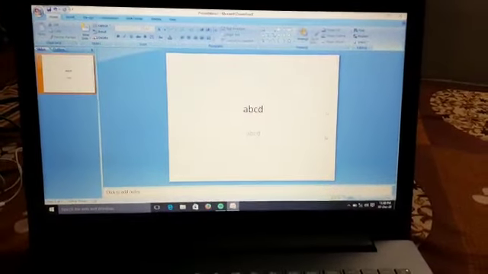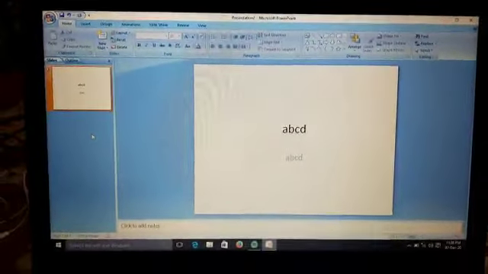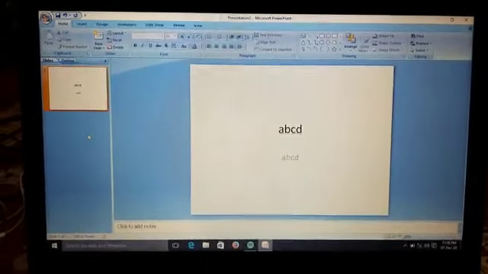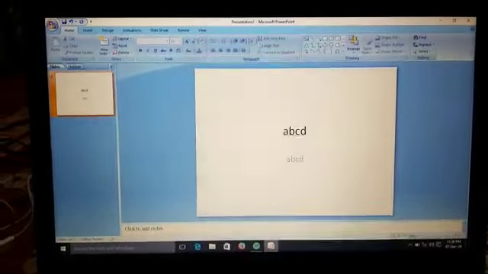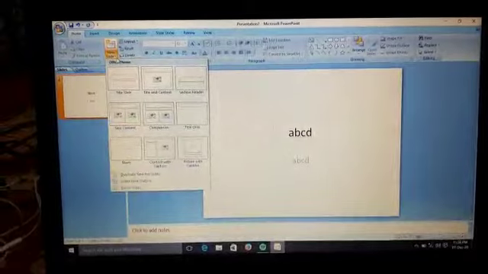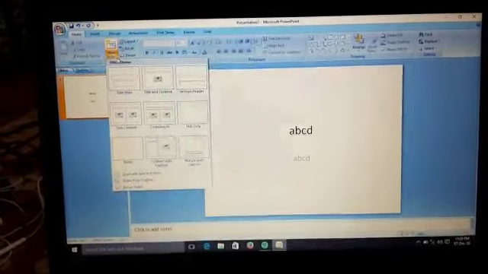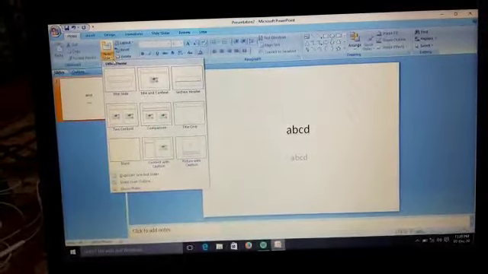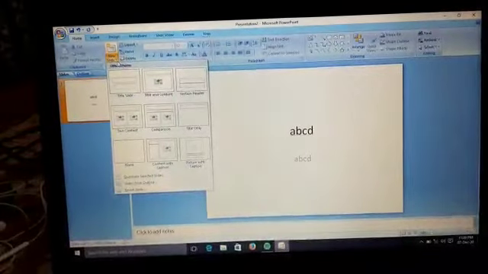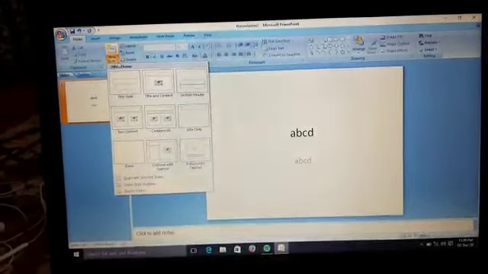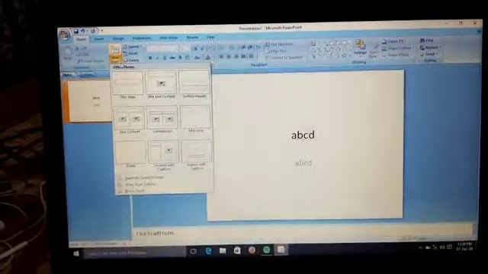Depending on our requirement. Now, the next topic, adding a new slide. How do we add a new slide? One slide, you can see, has ABCD written on it. Second slide, okay. How to add a new slide? Click on the Home tab. I have already clicked, and after that, the New Slide option is there beside it. There we can add a new slide.